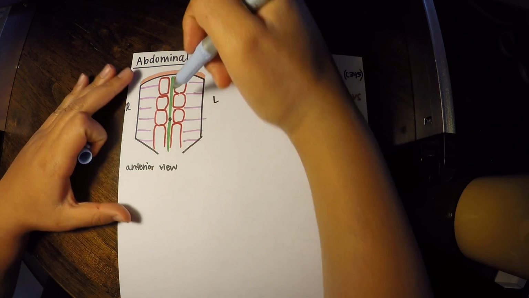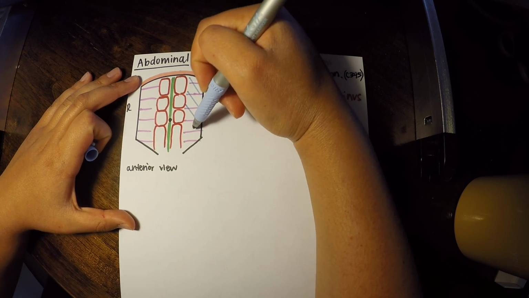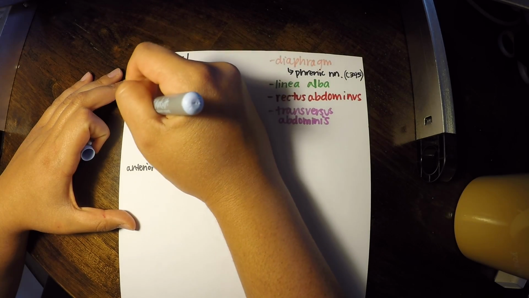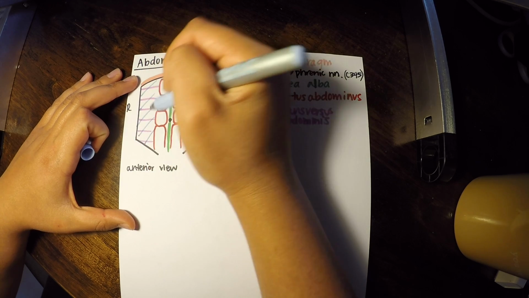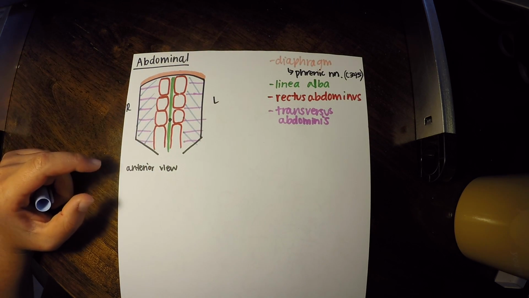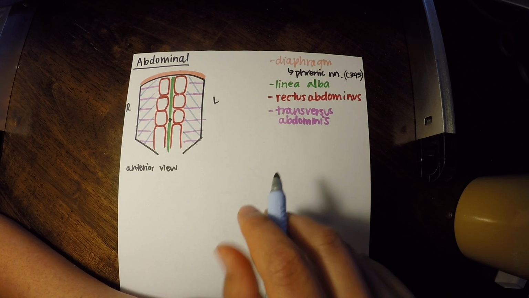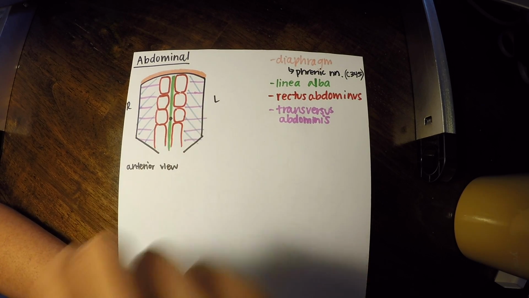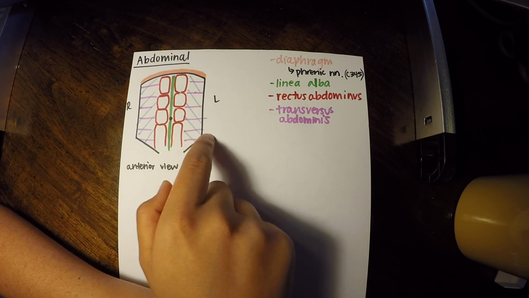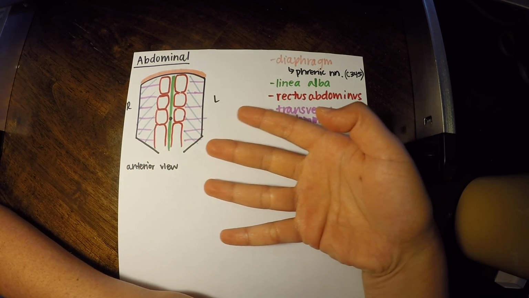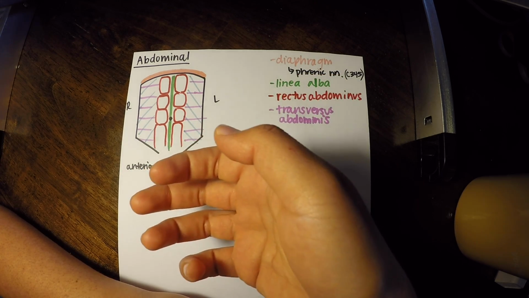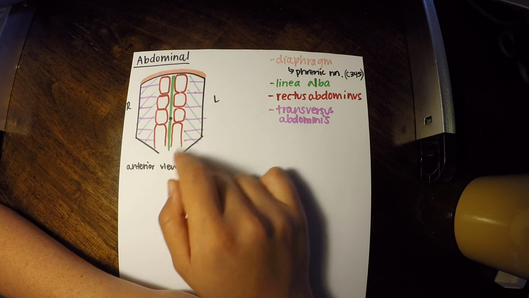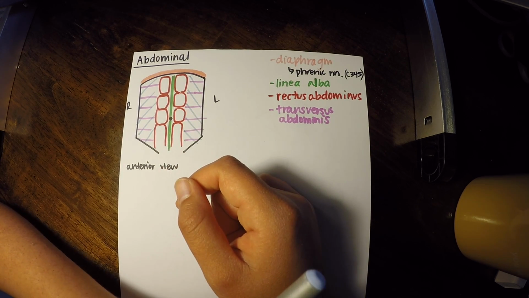So I'm going to draw that represented by this diagonal line, just because I want us to see that they're all in the same area, but they are overlapping each other. Now, the other reason why I'm drawing the lines in this way is because that's how the muscle fibers are oriented. So your transversus abdominis is oriented and the fibers are oriented in this way. So when they contract, what the action is of that muscle is it really just compresses and supports your abdominal viscera, meaning your abdominal organs.